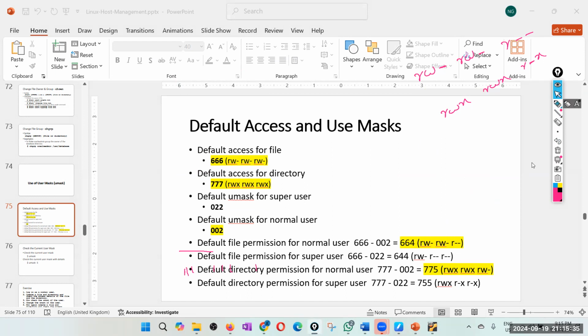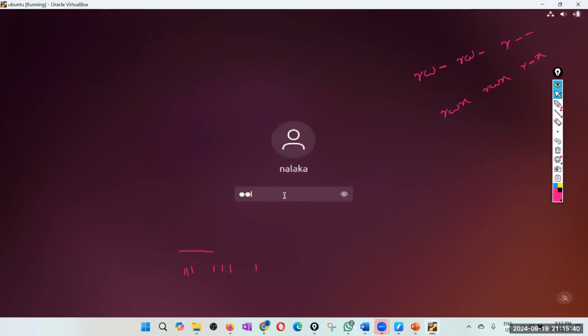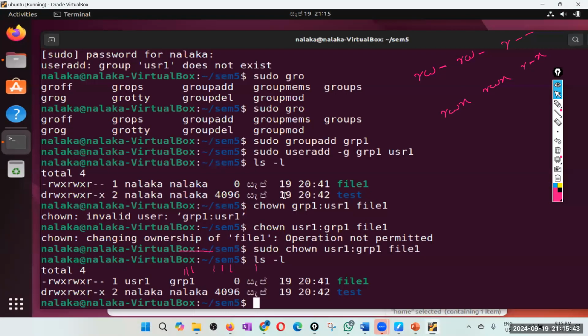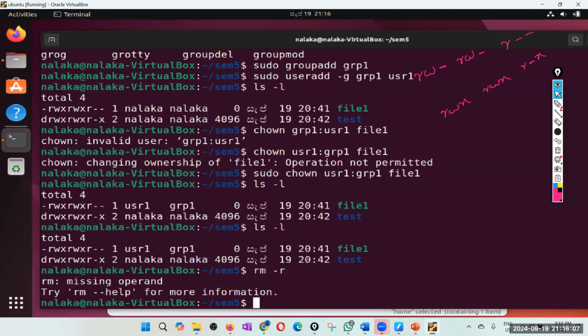So let's delete everything and create another file. ls -n. So let's remove everything. rm -